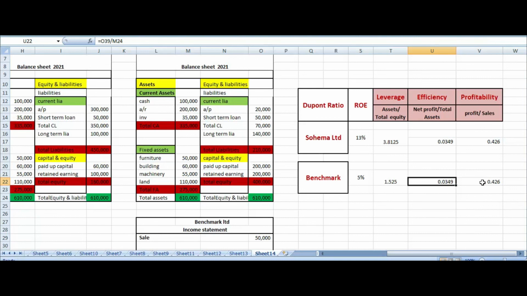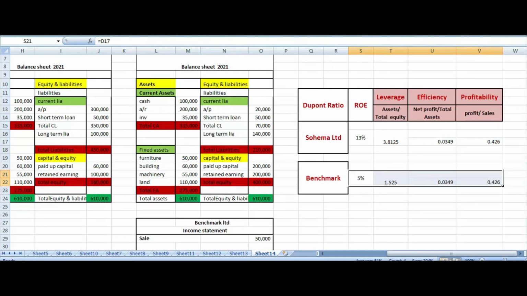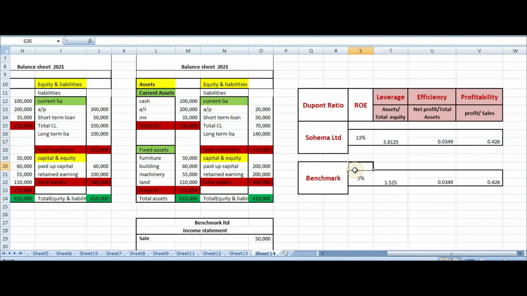So this is how we calculate the efficiency and effectiveness of companies, and this is how we actually calculate the profitability and efficiency of companies. This is the way we can reach the problem of a company, and get to know where the company is performing less and where the company is performing